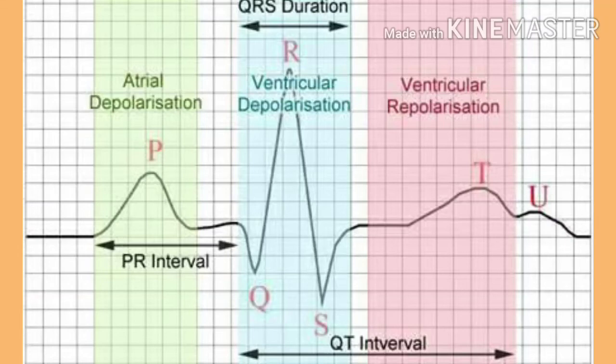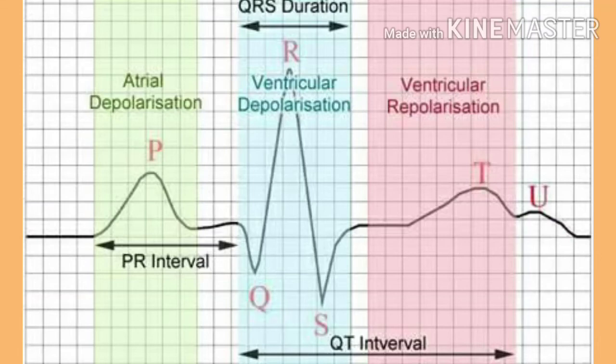The ST segment is elevated in myocardial infarction and depressed when the heart muscles receive insufficient oxygen. T wave is flat when the heart muscles receive insufficient oxygen, as in atherosclerotic heart disease. Atherosclerotic means what? It is a condition in which fats, cholesterol, etc. build up on the artery walls.